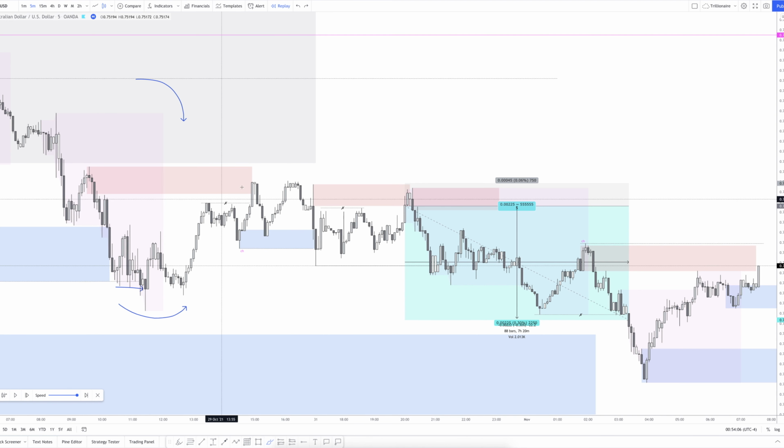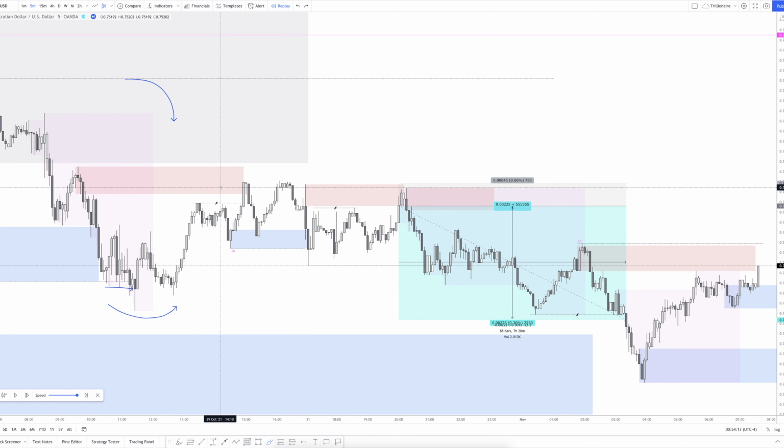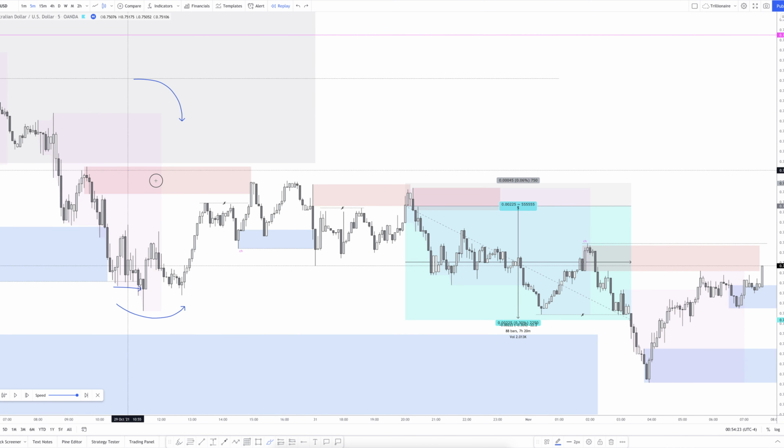All right. So once price taps into this area, I'm only looking for a couple of things, right? I'm looking for liquidity to be on my side. I'm looking for market structure to be on my side. I'm looking for supply and demand to be on my side. All right. So once we tap into our M15 point of interest here, what I looked for on the M5,